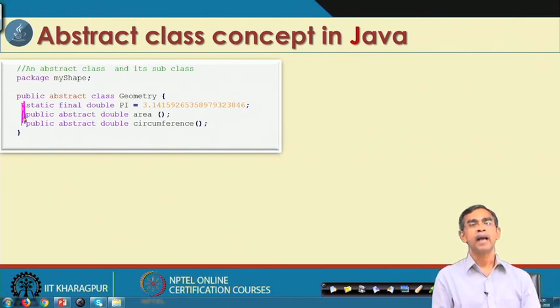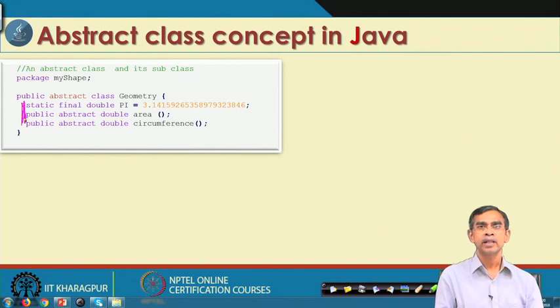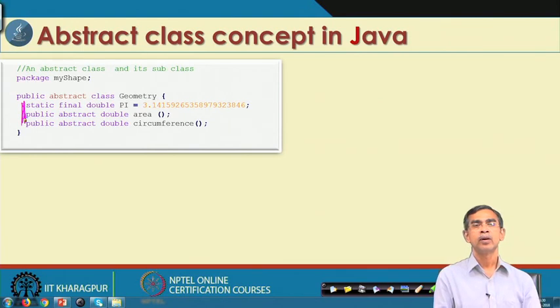One is pi, declared as static and final, and then area and circumference are the 2 abstract methods that we have discussed. As you know, an abstract class can contain both abstract methods as well as non-abstract methods. In this example, we include only 2 abstract methods, declared as public abstract double area and public abstract double circumference. So, this is the declaration of an abstract class.